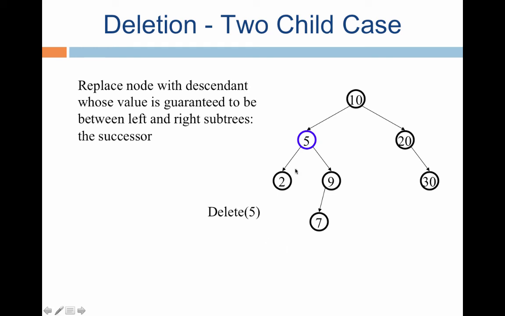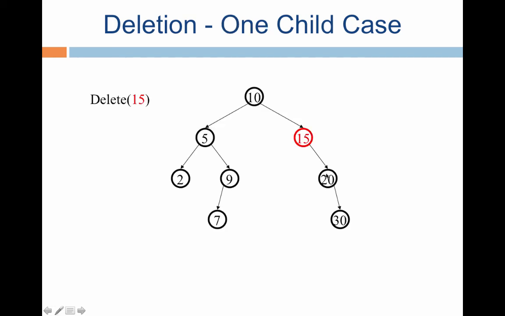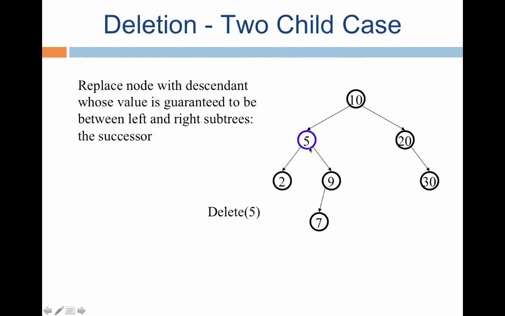Let's go through the logic again. Whenever you come up with this challenging situation, all that you have to do is go to the right child, pick the largest value. Observe that if it did not have a right child, it is captured in this situation. Now it has both the children, which means it has a right child. So you go to the right child and pick the smallest value in the right subtree, which is larger than 5. In this case, it is 7. You copy the value 7 here. That's all.